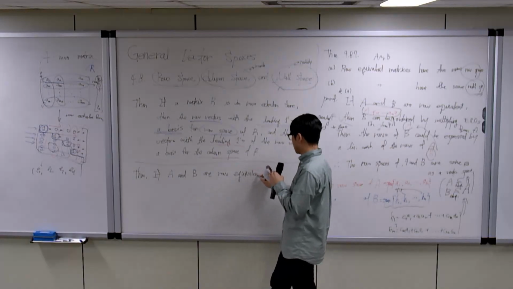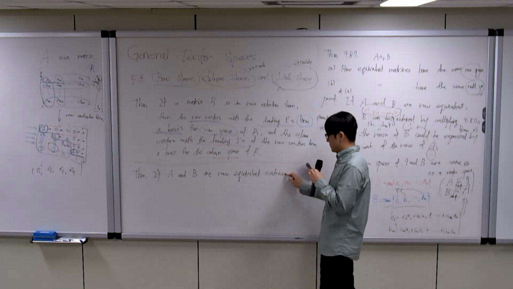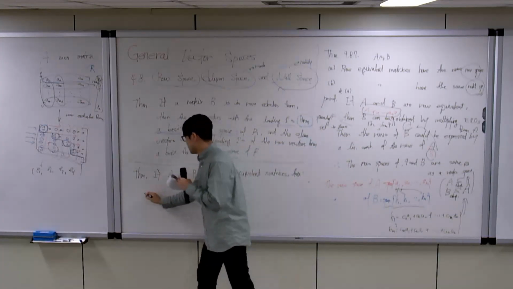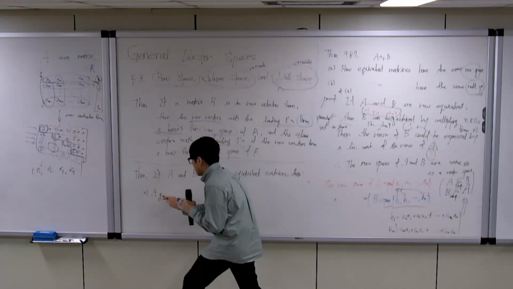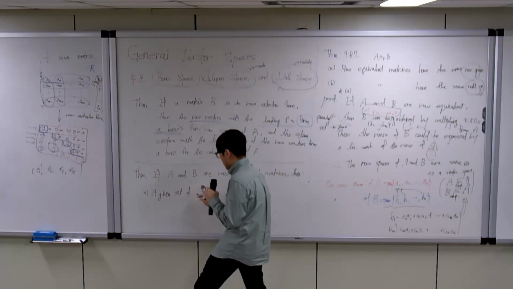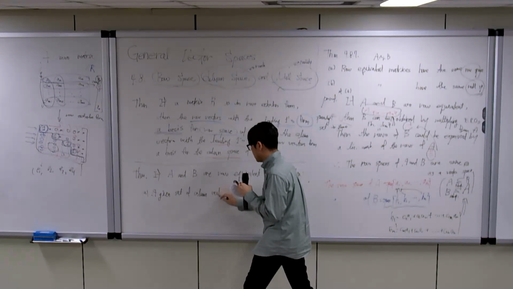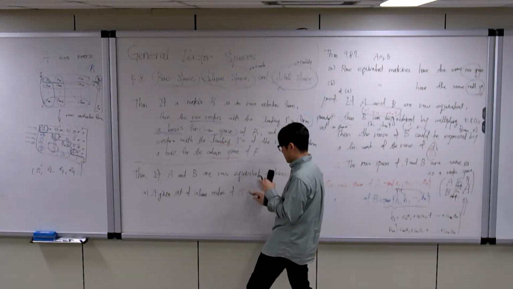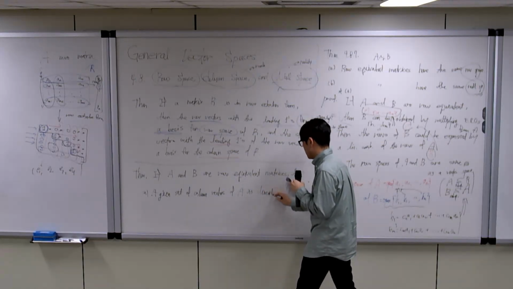Equivalent matrices A and B: then a given set of column vectors of A is linearly